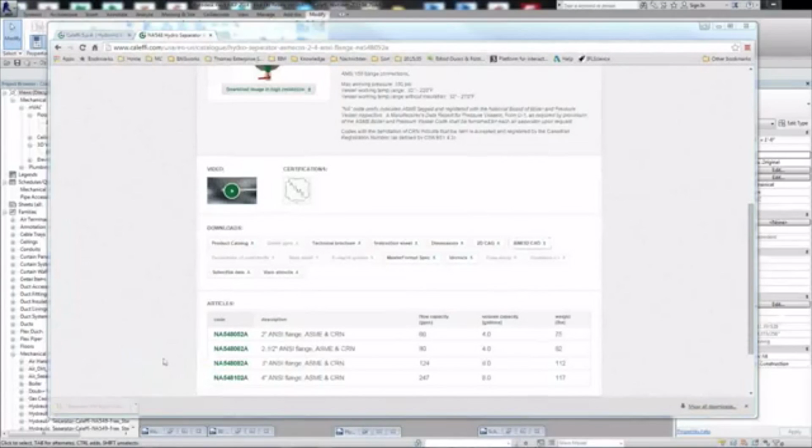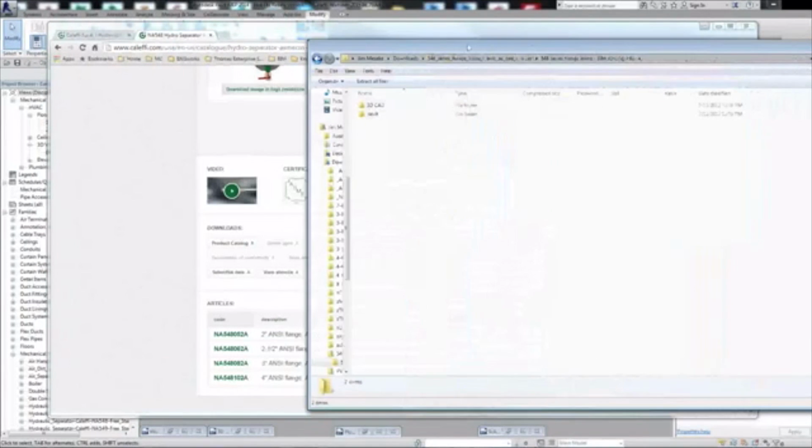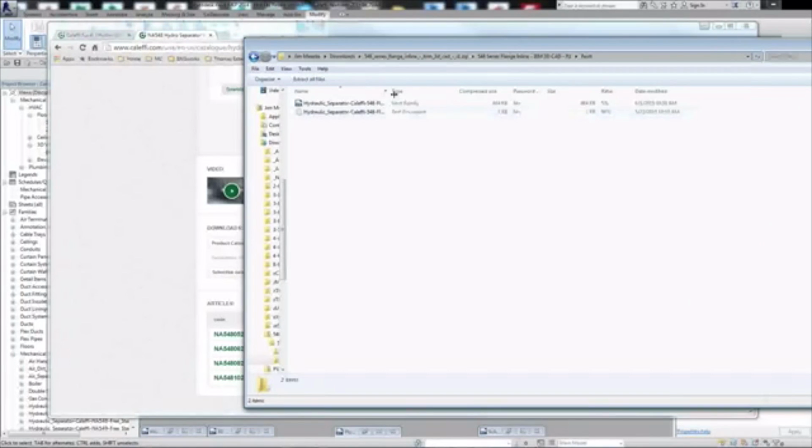So I'm going to go ahead and open up this particular one and take a look at it. When you download it, it's very important that you extract this to a local folder. The reason is that Revit content cannot be loaded directly from within a zip file. The Revit content here is an RFA file, which is a Revit family, and the TXT file is the associated type catalog. So we're going to load this into the Revit project,